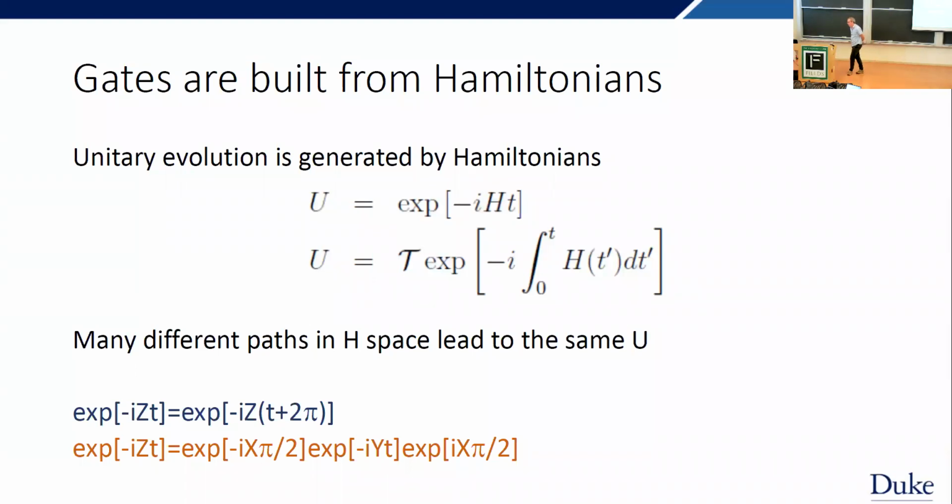Okay, so to me, when I think about quantum control, I just have this really simple picture, which is that I want to make a gate, which is a unitary evolution, and it comes from some Hamiltonian, which maybe varies in time, maybe doesn't commute with itself, which I hide under this time ordering operator. And the beautiful thing is there are many Hamiltonians which lead to the same unitary. Many control systems. As a simple example, I could just directly apply a rotation about the z-axis, or instead I could apply a rotation about the y-axis and then flip it to the z-axis. Simple things like this.